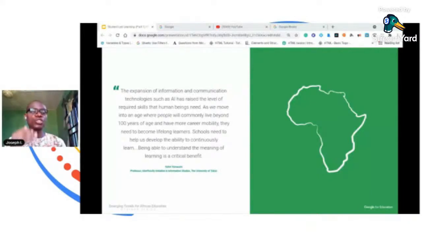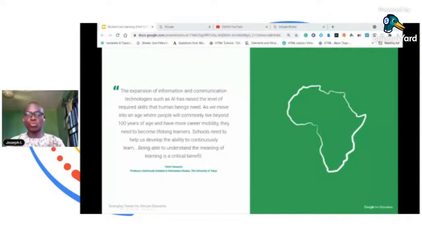As we move into an age where people will commonly live beyond 100 years of age and have more career mobility, they need to become lifelong learners. Schools need to help us develop the ability to continuously learn. Being able to understand the meaning of learning is a critical benefit.